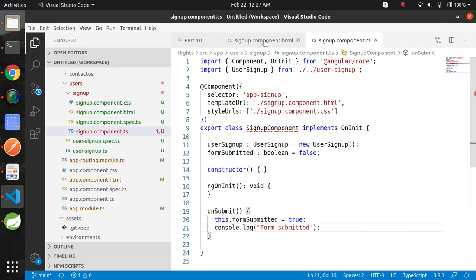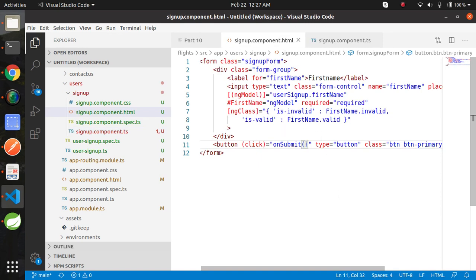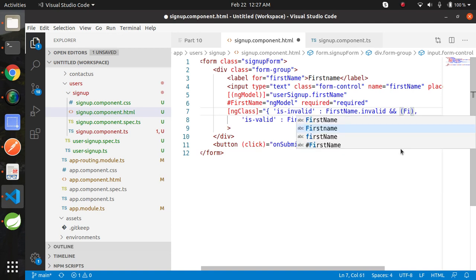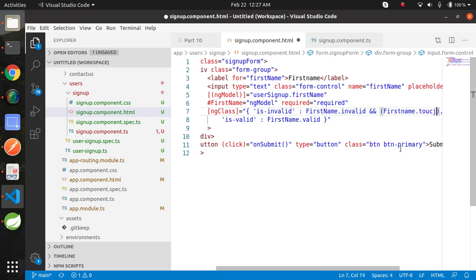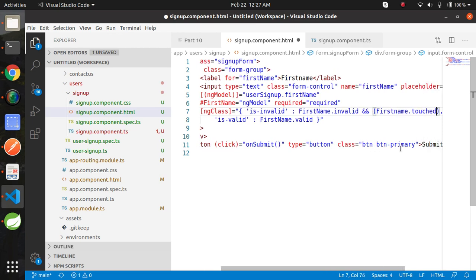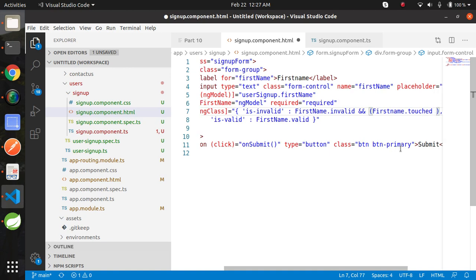Now we need to add these three conditions here. Provide firstName.invalid and firstName.touched. Touched means someone focused the field.